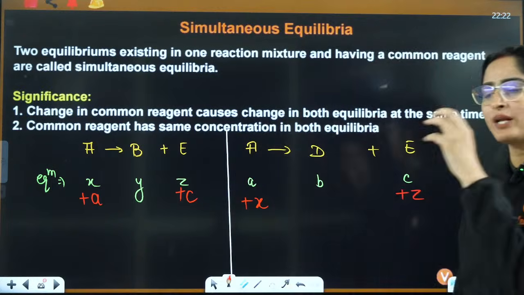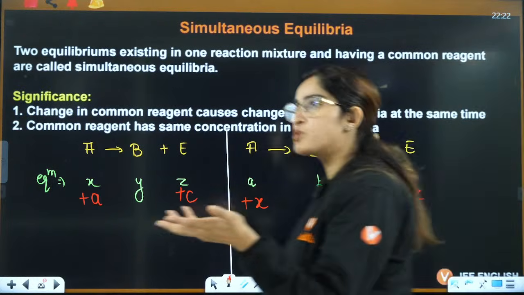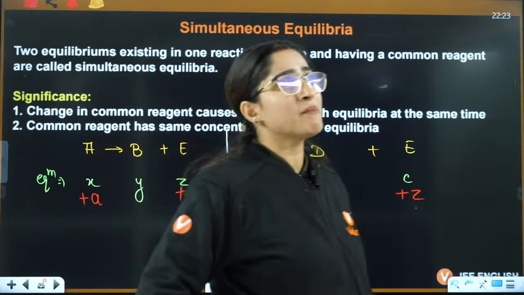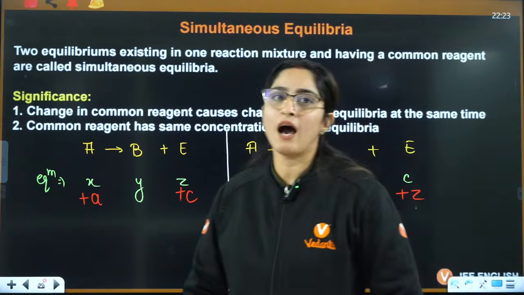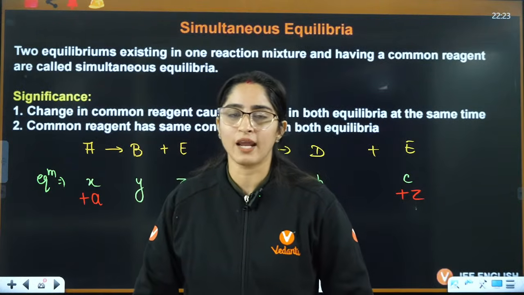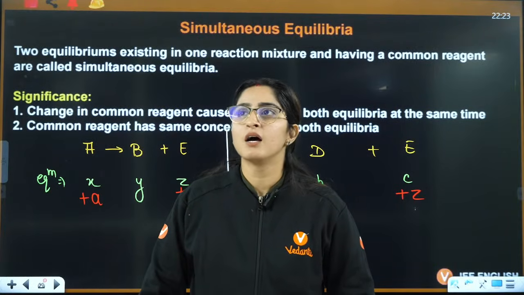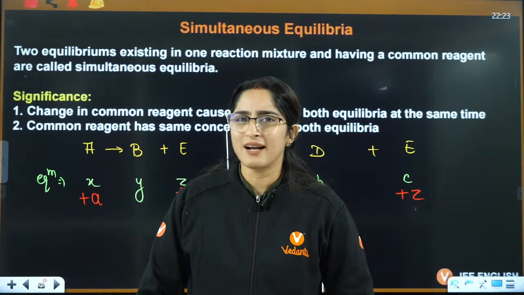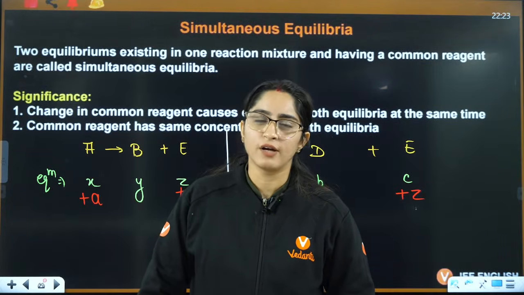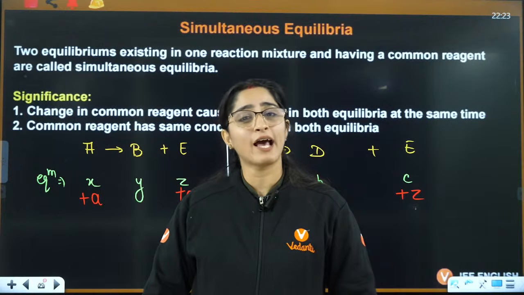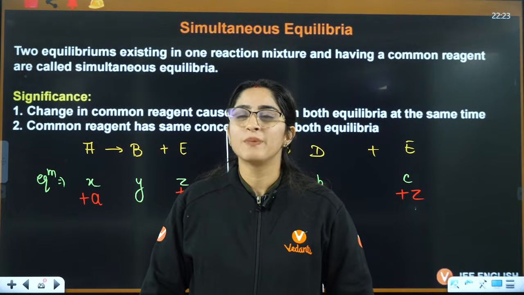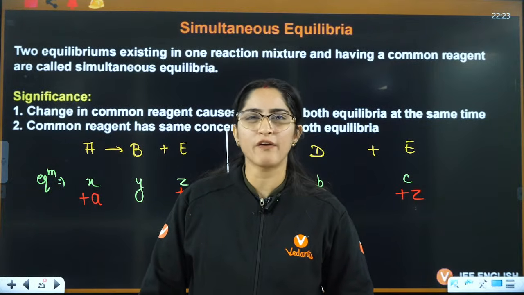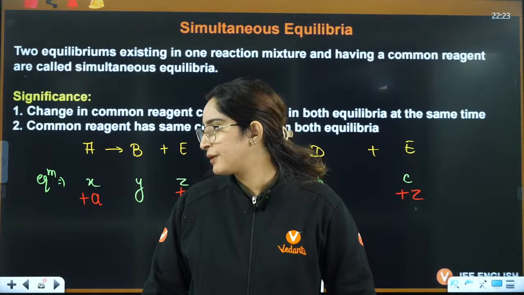More of this we'll do in ionic equilibrium, that I'm going to start this week only. I won't say it is tough, but you have to attend all the lectures. Chemical equilibrium is still easy, but ionic equilibrium is a little on the harder side. But if you understand this carefully, then you will not find it tough. Students always say that they find ionic equilibrium very tough, but basically the formulas are the game. If you know how to apply the formulas, you will find it simple, right? Okay, yes,